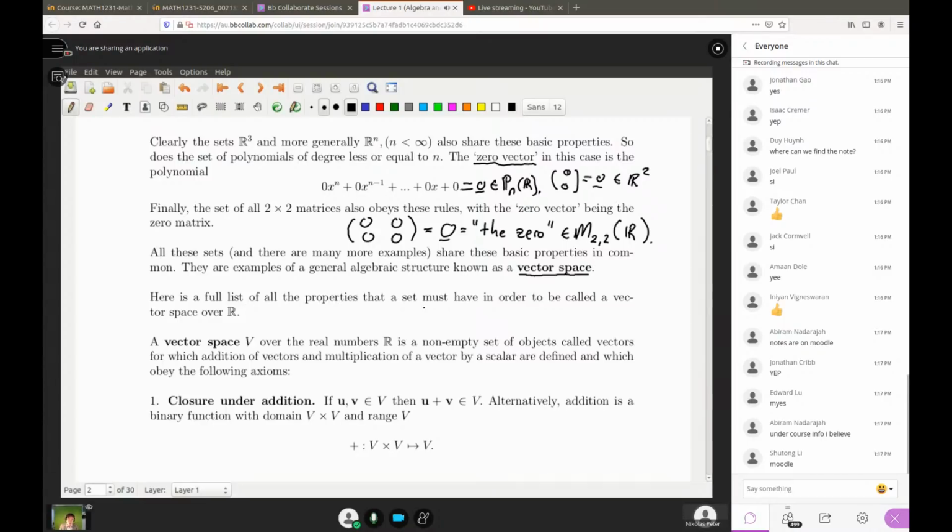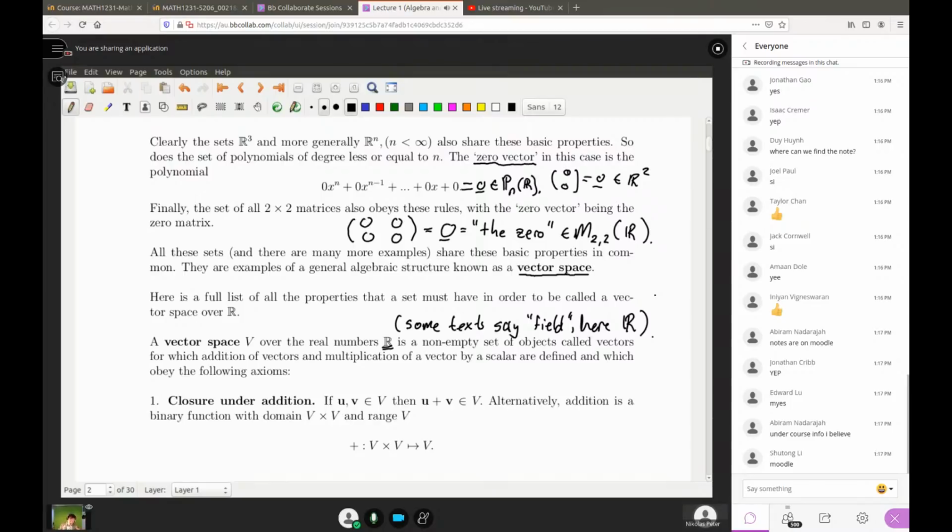A vector space, we're going to talk about vector spaces over the real numbers. So you take a field, but we're just going to take the real numbers. If you see the word field, I want you to think real numbers. Here we're just going to use real numbers as field, although there's some other more freaky things that we won't cover in this course. Let's not confuse the issue. We're just going to talk about real numbers.